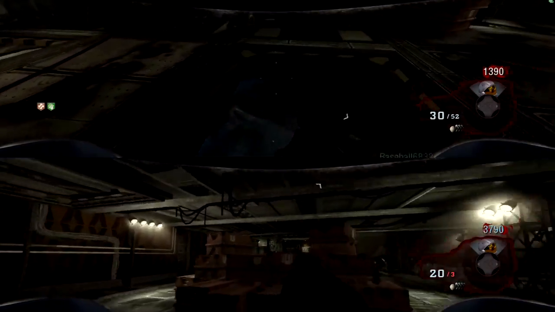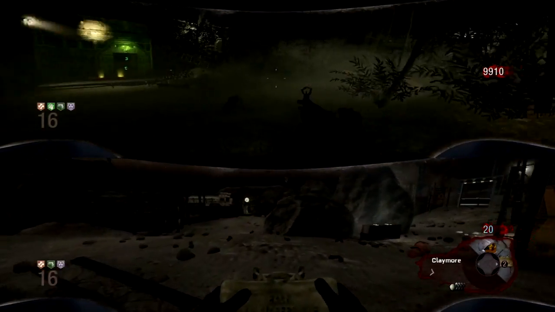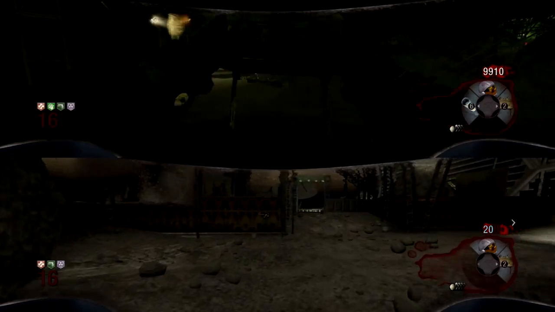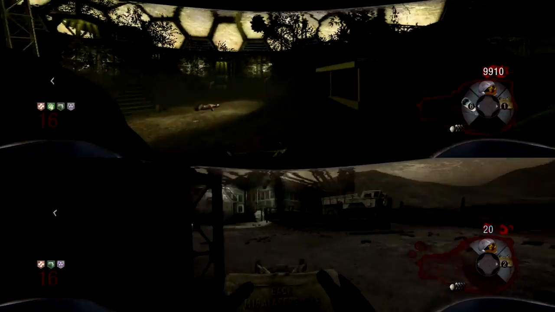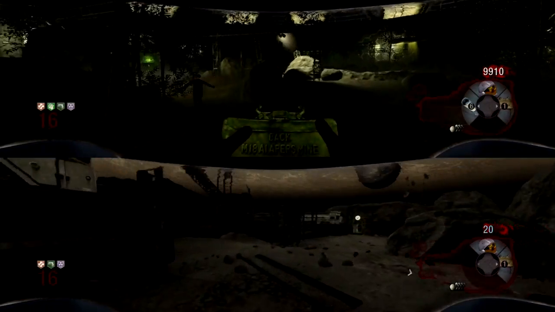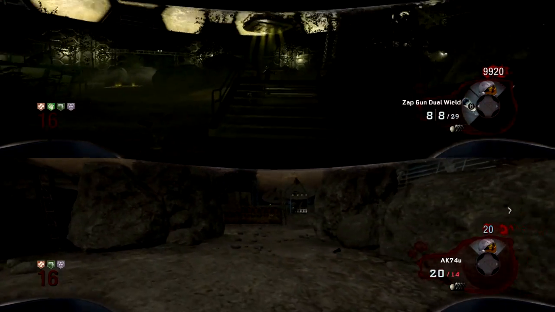So if you're in the biodome, I say Juggernog, Mule Kick, PhD Flopper, because we're all planning on getting the ray gun, and the next perk is really up to you. I would just say Speed Cola or Quick Revive. The thing about doing this is that,